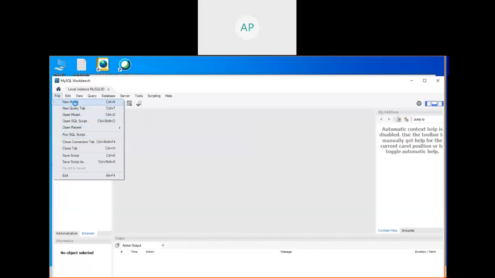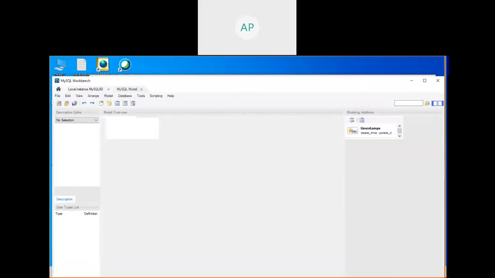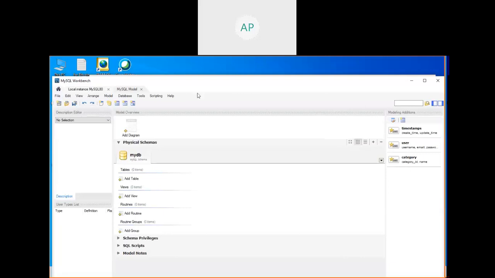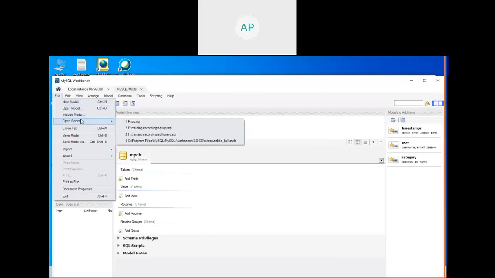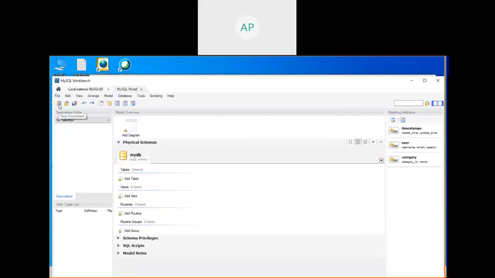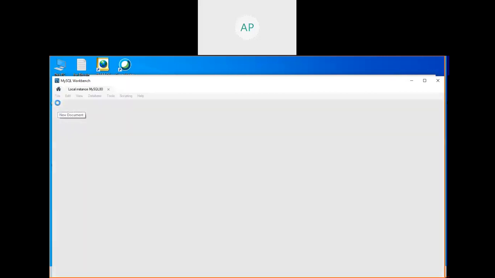Open or new. Okay, new. Not that, that is model. Sorry, this one. How will you create, open recent SQL file? New model, not new model. Save, close, recent open. Where is the file? New document, open model, save model. This is different. Add a new table, add a new view.